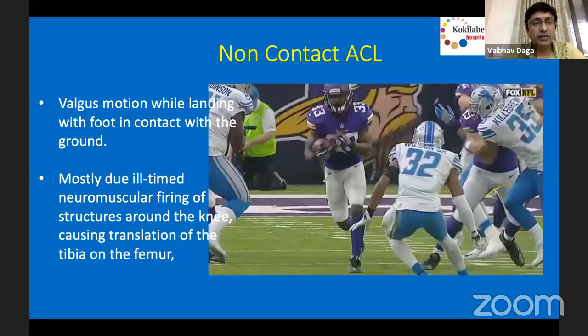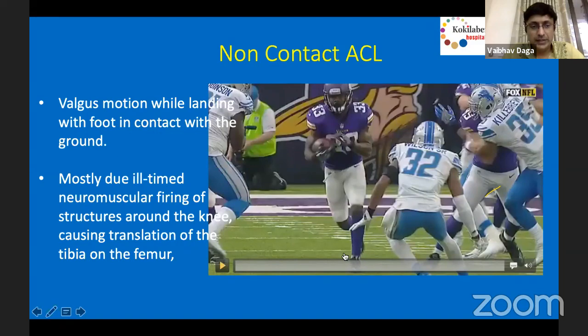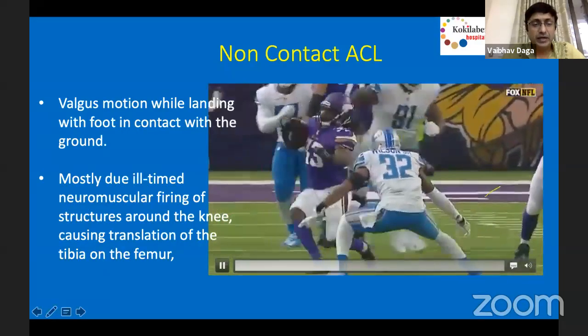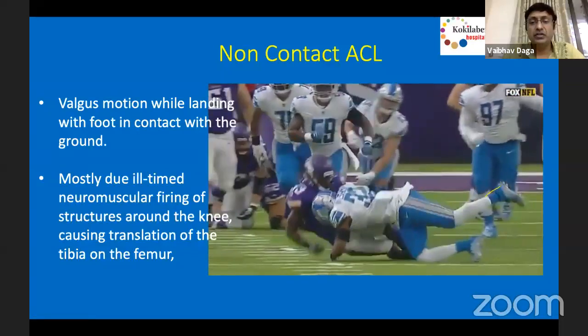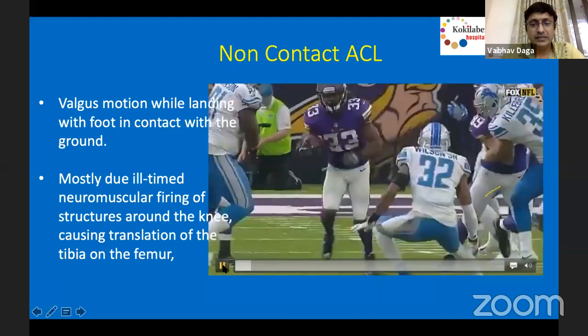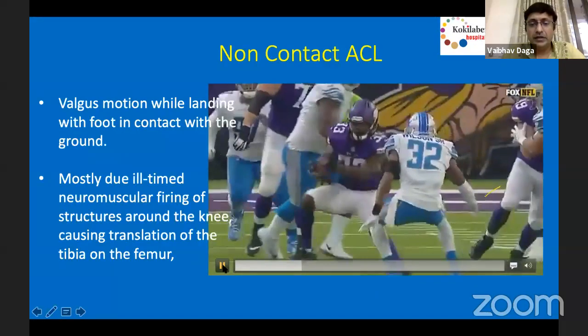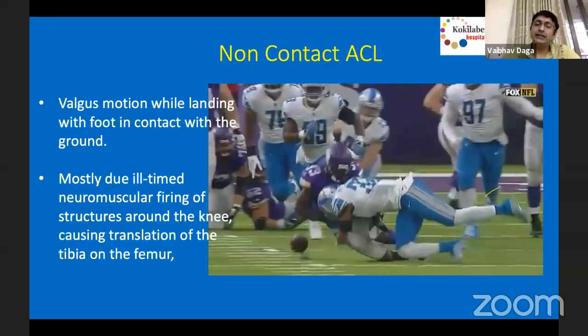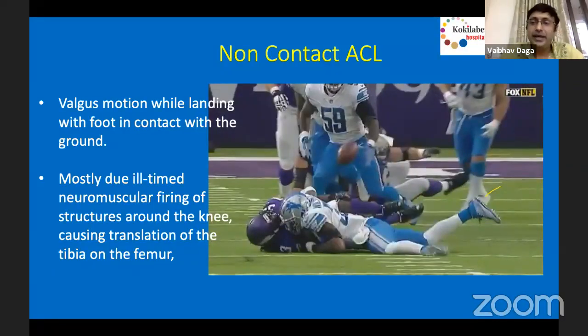While landing with the foot in contact with the ground, mostly due to ill-timed neuromuscular firing of the structures around the knee, causing translation of the tibia on the femur. If you can see this, it is the same person. You should know that a very typical way to understand that the ACL is injured,